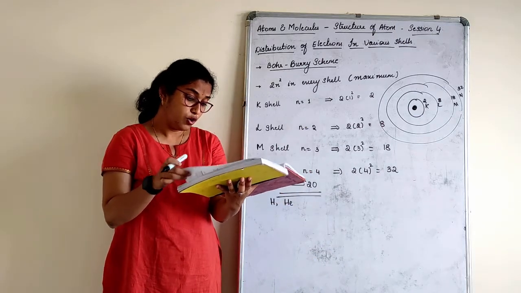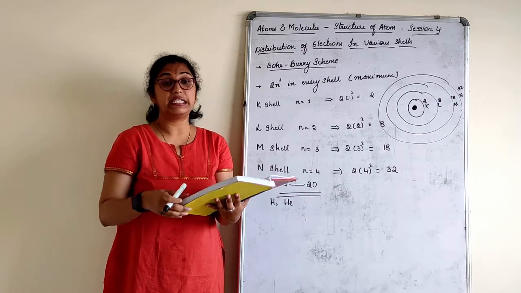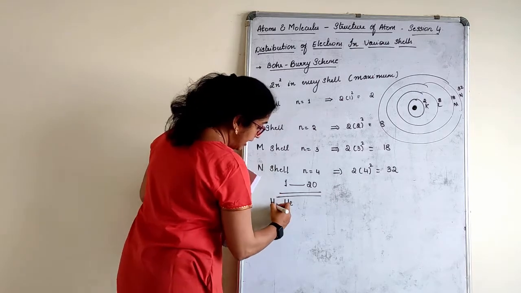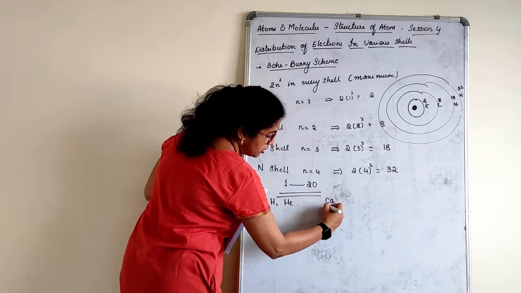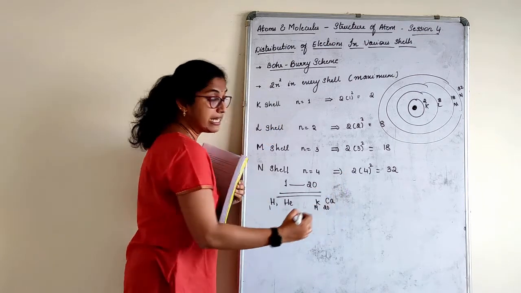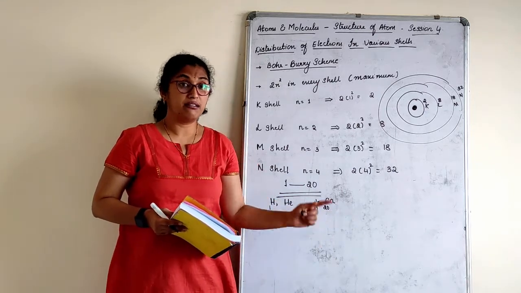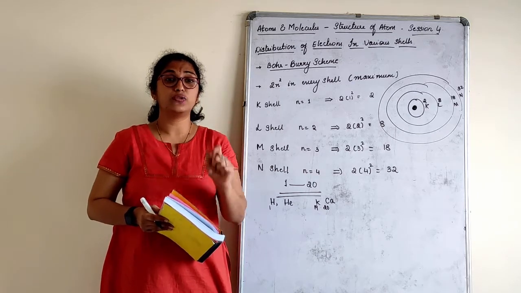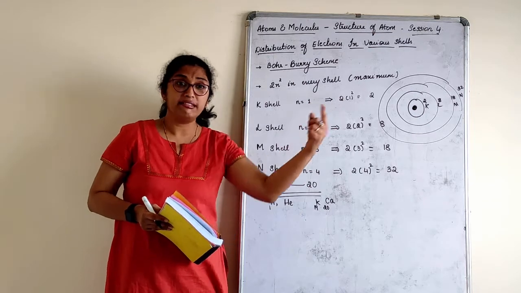What you have here is once again, let me see. Yes, the last element is calcium. So calcium is 20, hydrogen is 1, and the last element I am talking about is 20. The one before last is potassium, which is 19. So we are going to study till 20 elements. That means you should know by heart all the first 20 elements. Children, learn that now, because again in 10th it will be useful.